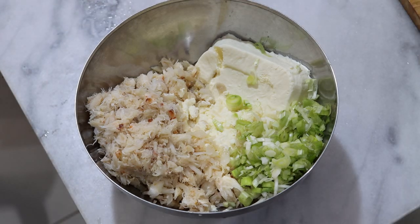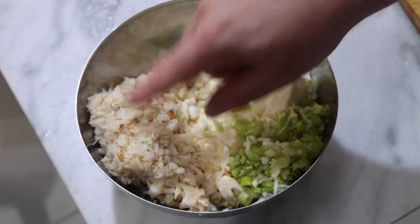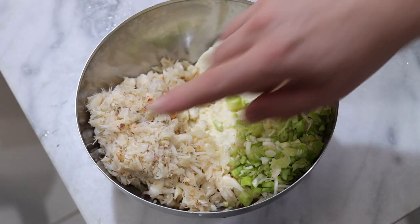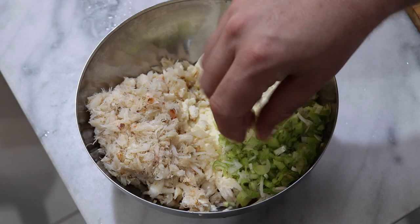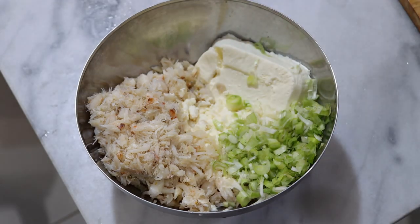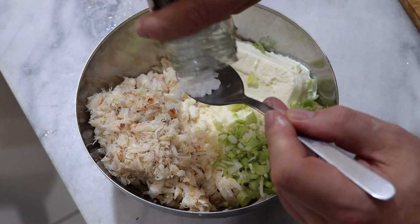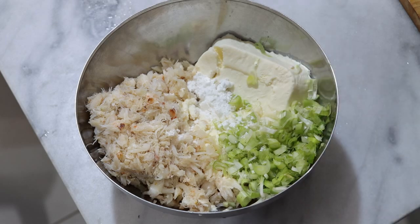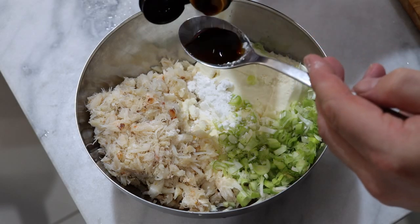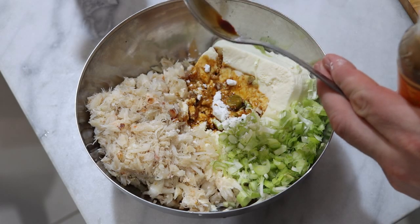So, in our mixing bowl we have our cream cheese, which, by the way, is the homemade cream cheese I made last time. Drained crab meat. I used frozen this time. A lot of people use canned, that's fine. And my 3 chopped green onions. Next, we will add about a tablespoon or so of garlic powder, about a tablespoon or so of soy sauce, and if it's a little more, that's probably going to be okay, and about a tablespoon or so of Worcestershire